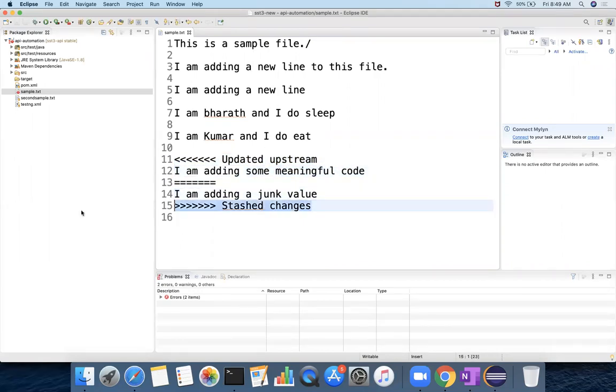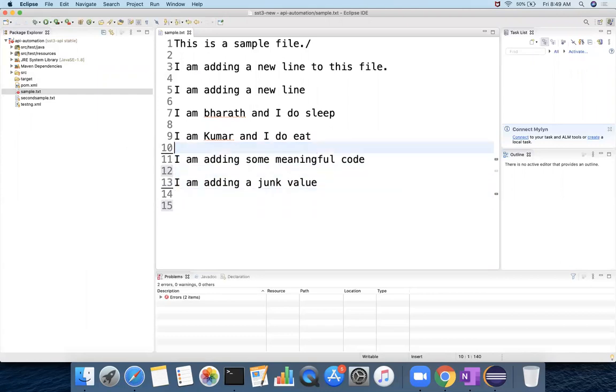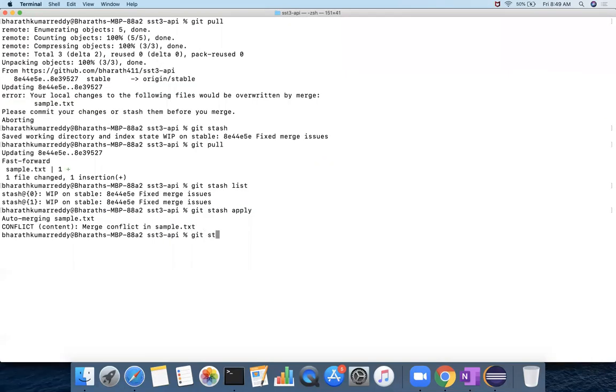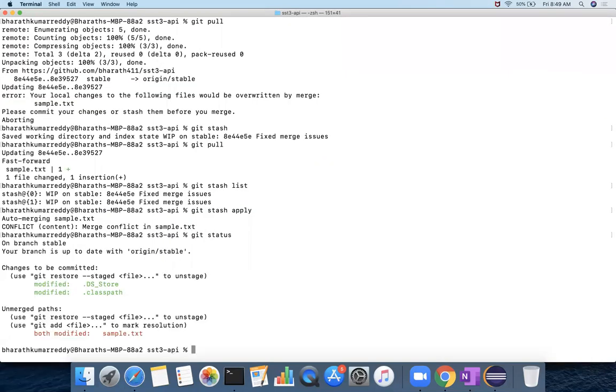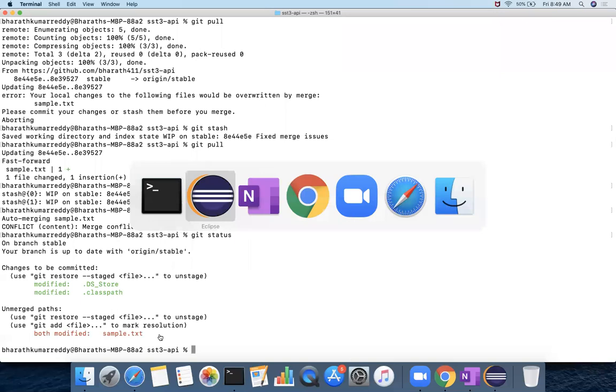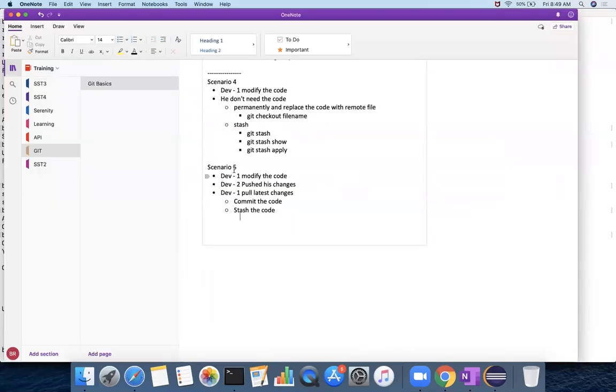Once you get this conflict, resolving the conflict is the same. Now you have both values, then you can decide. Both modified, whatever you want to do with this, you can do. I hope you understand. So in scenario 5, when you pull the latest changes, either you have to commit or stash the code.